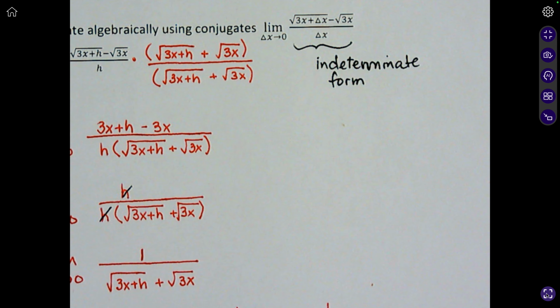Now, the reason you have to know that is because a long time ago, there is a gentleman that discovered a shortcut to finding limits. But he only discovered that if the form is indeterminate. So later on, when we learn his strategy, his techniques, you have to first determine if it's indeterminate or not, because his formula only works if it's indeterminate form. All right, we're going to stop there. Let's go ahead and